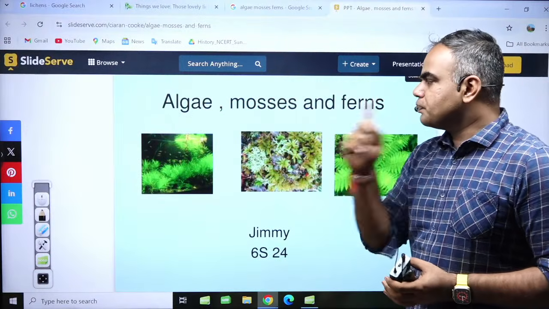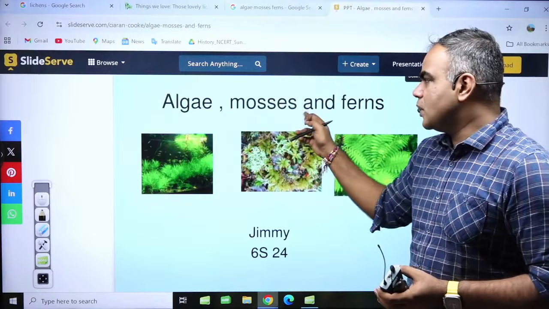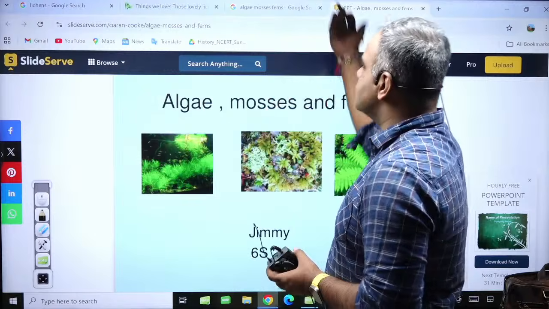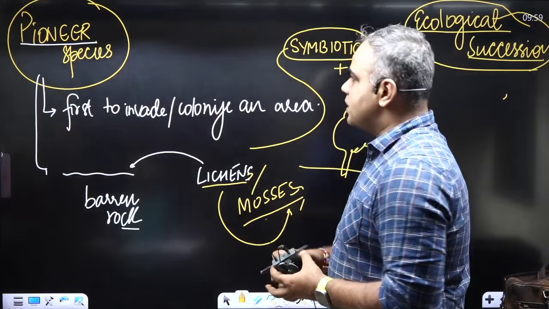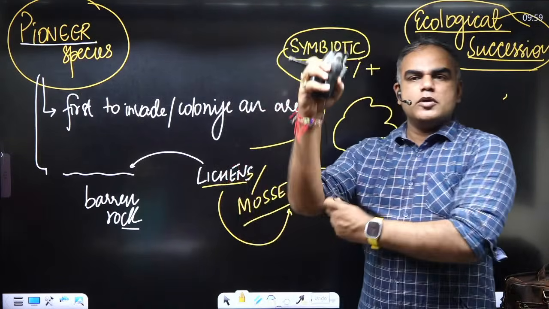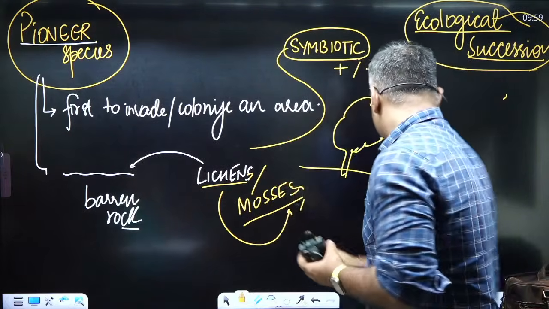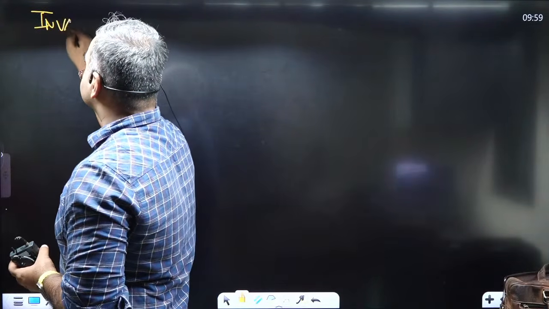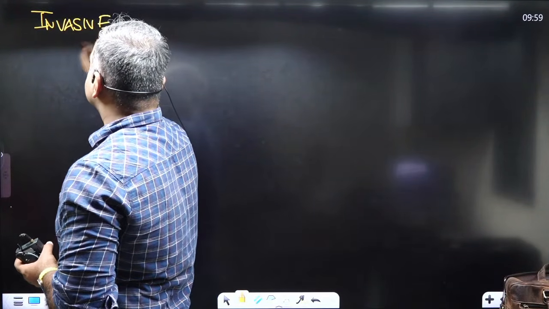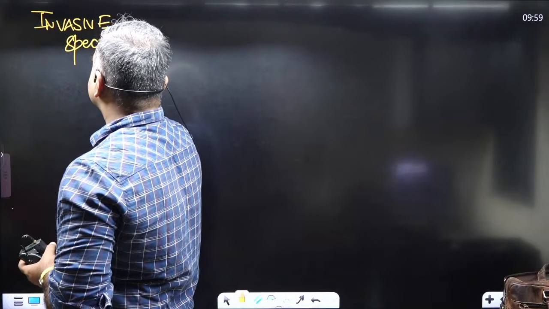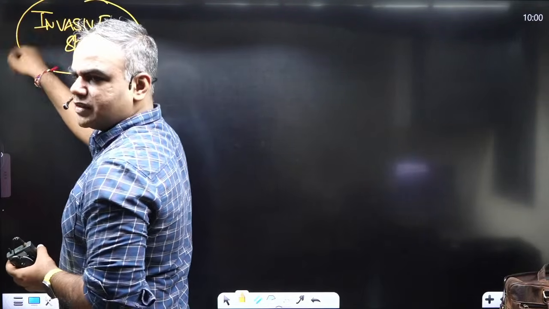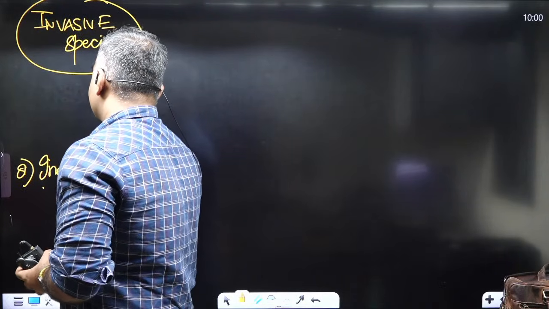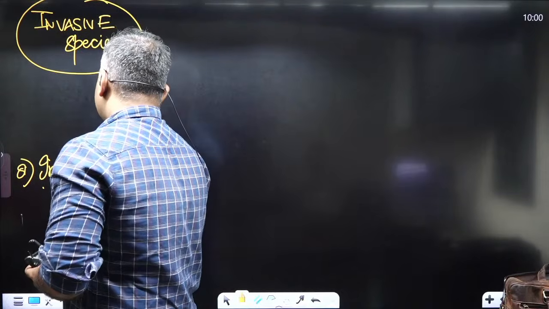Okay. So one is example of algae, one is mosses. Ferns are more differentiated, but they would require soil. But these terms we'll also see later on. So abhi ke liye, this is there. Till here are we able to follow? Okay, pioneer species. Next, one more term that you often see is one we will see is invasive. This is seventh, right? This you will understand from the name.